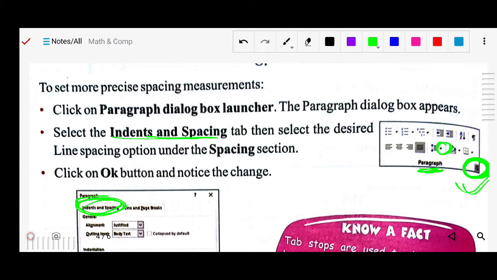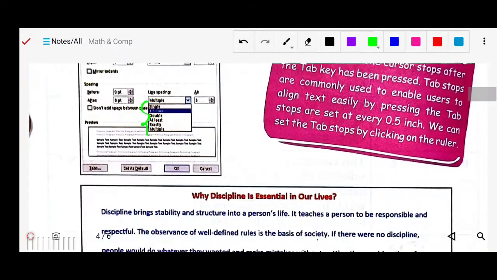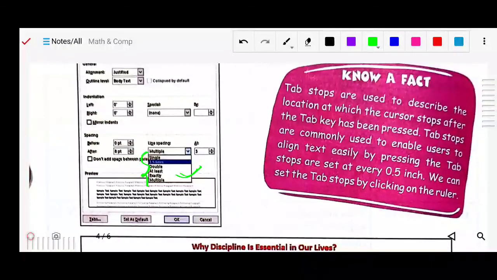Then you have to select the desired line spacing under the spacing section. Here is the line spacing selection. Here you can select it, and you can choose the position you want, and adjust whatever space will be there. Then you can click on OK, or you can set it as the default, which means that next time, if you want to use the same thing again and again, you can do it.